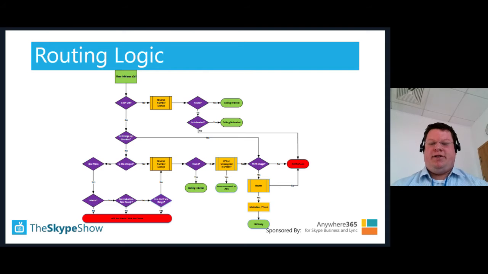So that basically is a very high level walkthrough of how the routing logic in the voice stack of Skype